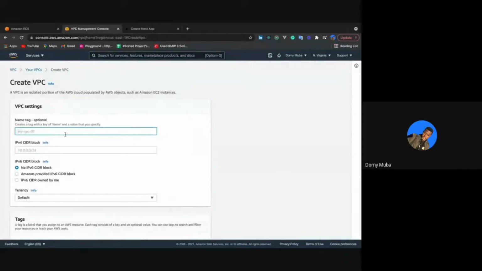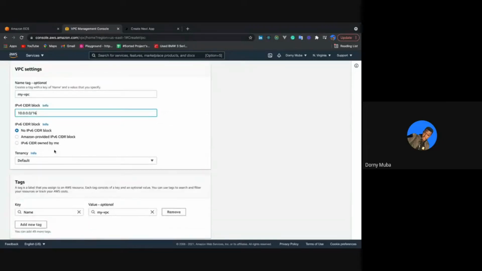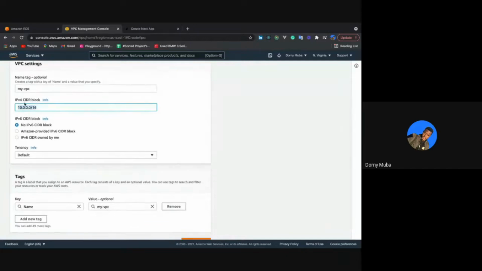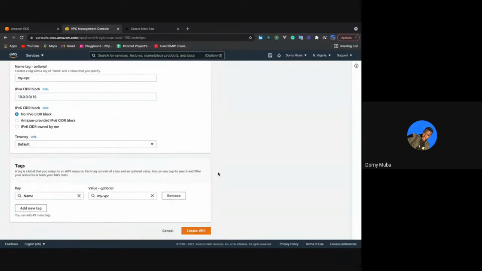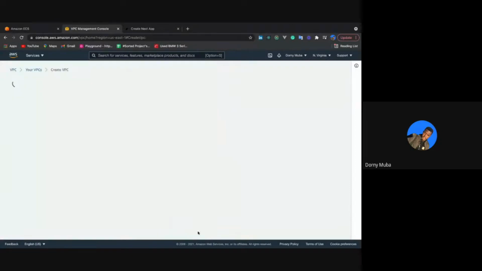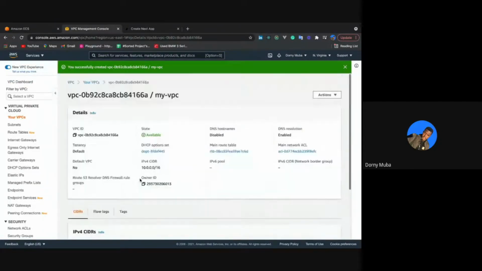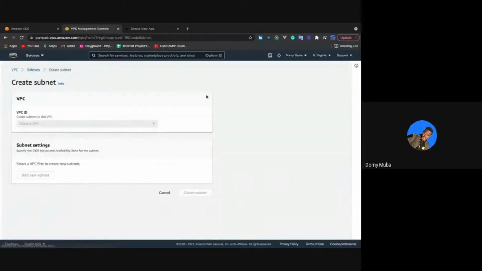I'm going to call it my VPC. Fine. I'll give it a class A CIDR here. Okay, let me just give it a /16 here. I don't know if you saw the dev chat, but I'm guessing you know exactly what this is by now. Cool. All right, now that I have the VPC, I'm going to create, just for high availability,